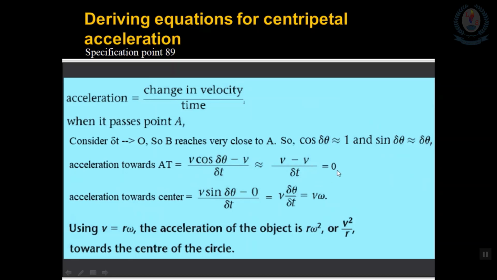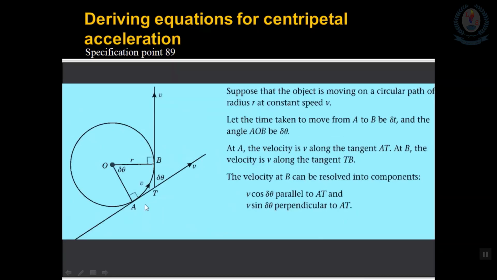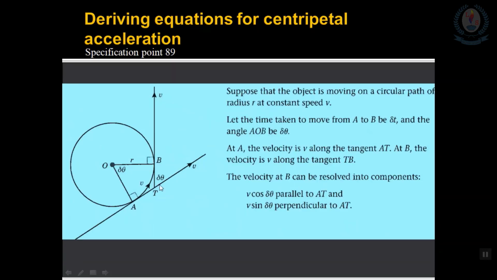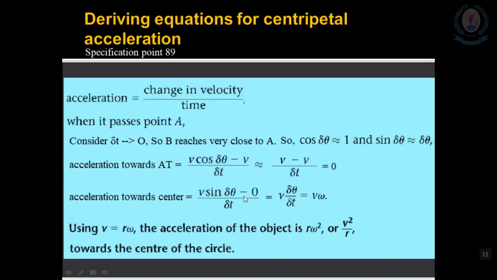That means in the direction of AT, in this direction, there is no acceleration. That's why still v is v. Then acceleration towards the center, which is v sin theta minus 0. Why 0? Because here the velocity is in this way, it's not in this way. So initial velocity towards the center would be 0. So v sin theta minus 0 divided by delta t, it would be v delta theta over delta t, which